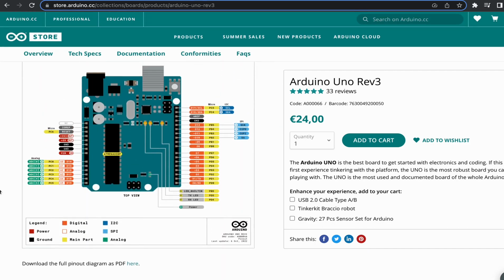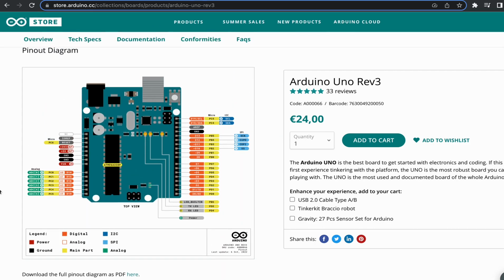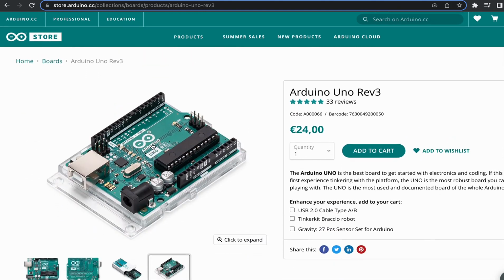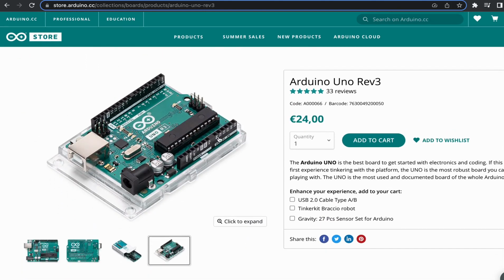We should, however, know about these pins and how to connect them, how to program them, and so forth. Our main task would be connecting this Arduino board to a sensor, then to an actuator, and